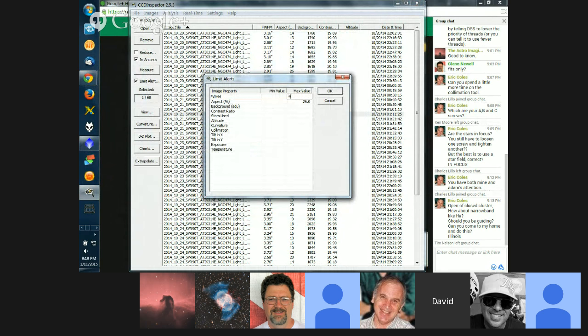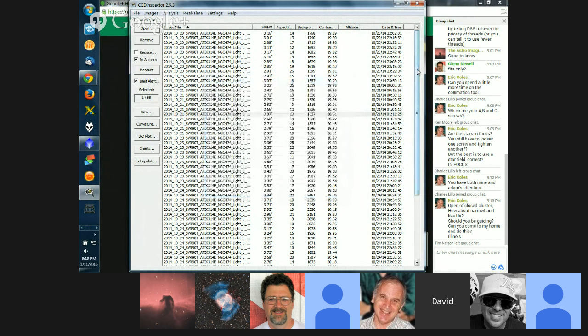Say I wanted to be a little more permissive and allow some pretty fat stars in there and a lot more aspect ratio. Now I only have 2 images that exceed that data there. Not sure what I did there, but